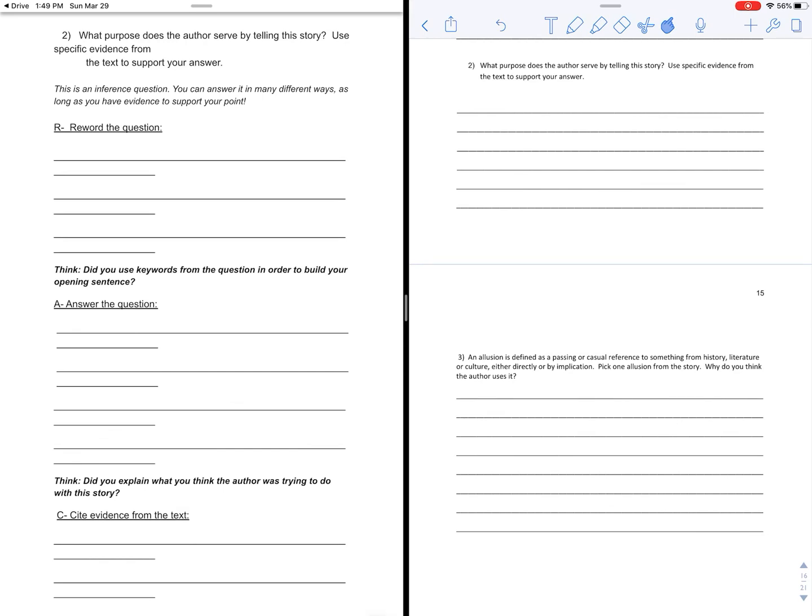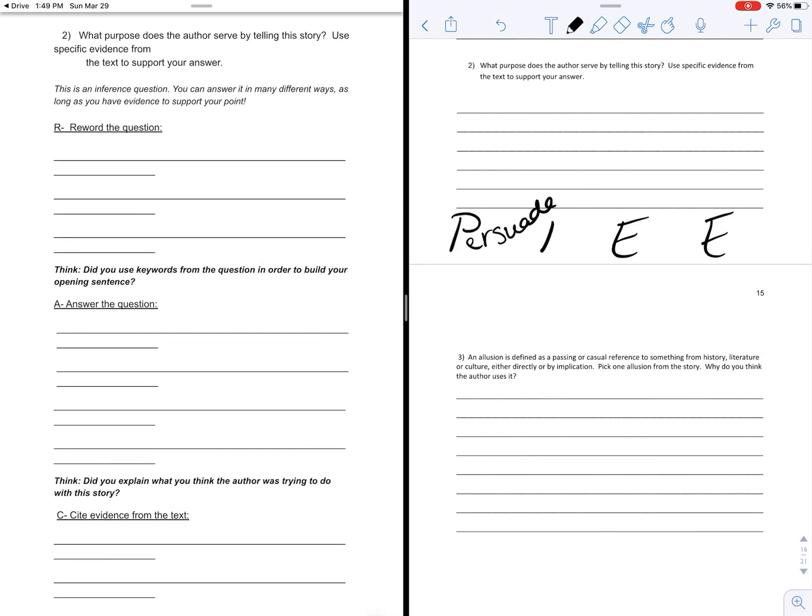Sometimes we read and an author writes to explain stuff to us. If you're doing any kind of new activity this week, whether it's setting up a new gaming system, or it's cooking something with your parents, a cookbook explains how to do stuff step by step. If you're building something, it's explained step by step. So that's another purpose that an author might have. And then lastly, an author might want to just entertain you. And so the acronym that I always try to remember when I'm thinking about this is that author's purpose is as easy as pie.